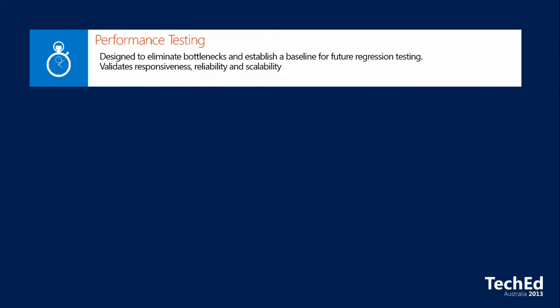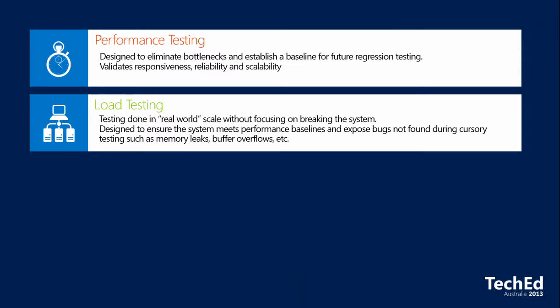Okay, perf testing. The next one we want to have a look at is load testing. Load testing is all about real-world load. We want to compare with the baseline. We want to find bugs and issues that just cursory testing won't uncover. So let's get some real-world load, push it towards the system, and see what comes out of it. We're looking for things like memory leaks and buffer overruns, putting a nice sustained load against a site and then seeing what happens to all the counters, seeing that memory's creeping up without a corresponding increase in load. Well, there's an obvious problem for us to consider.